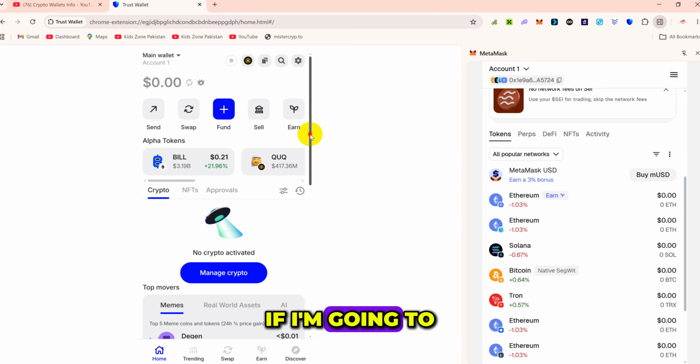Otherwise you will see a new account or existing account option, but I already have an account, so I simply click on forgot password. There are two options available here: I don't know my phrases, and import a wallet. I already have the seed phrases of my Trust Wallet, so I click on it and paste all the phrases here. I'm going to cross check whether it is correct. The first and last words match, so all the phrases are correct. Now I'm going to click on continue.